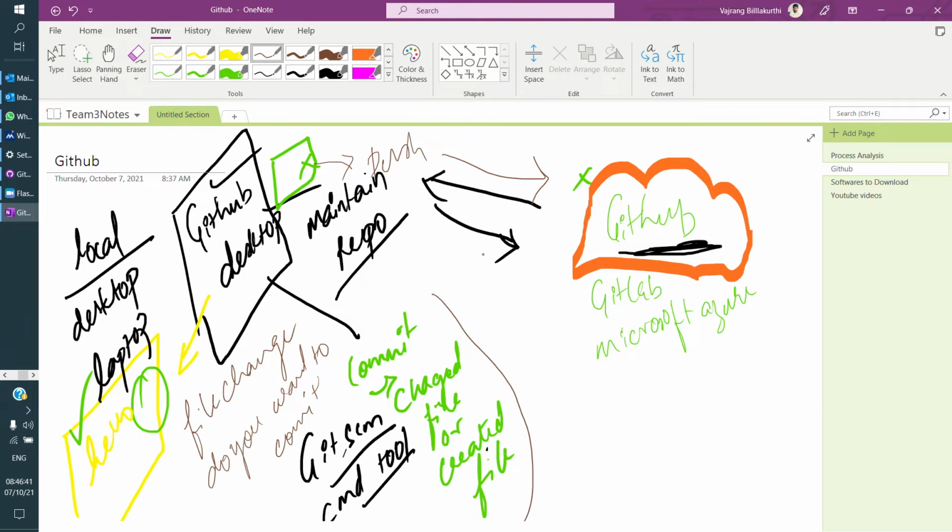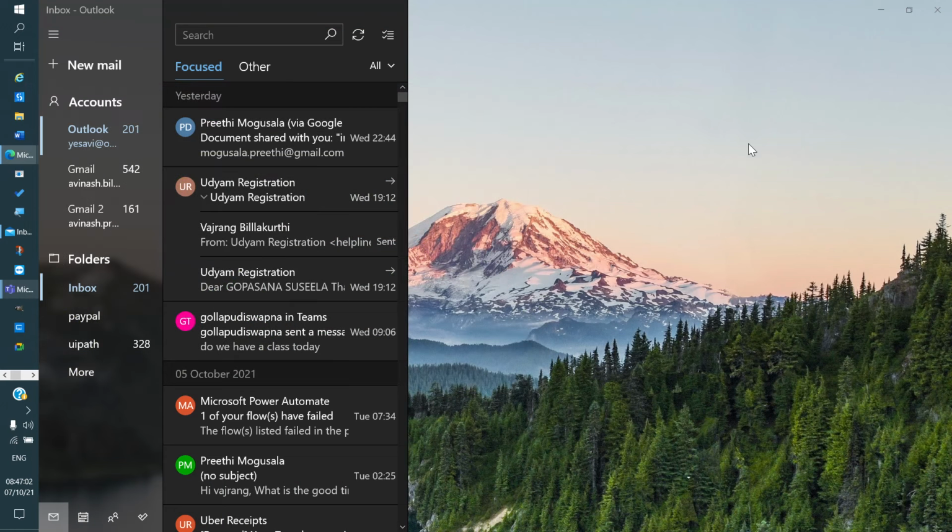Now we are trying to commit one sample file. Exactly. We have committed the code in our local machine, but that code is not available on the server for others to access. So we are making a push request.